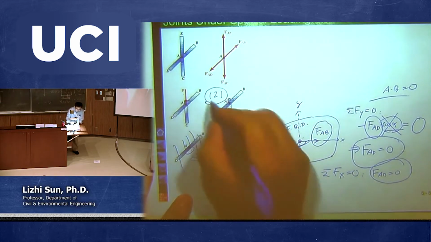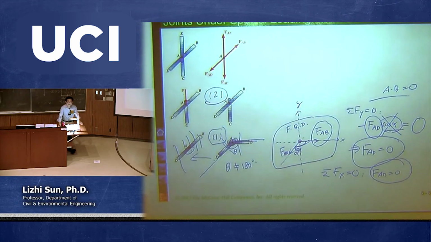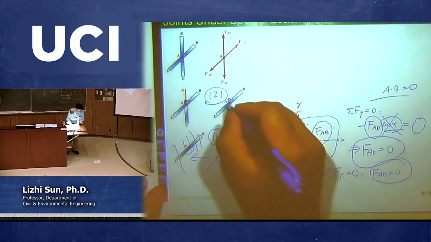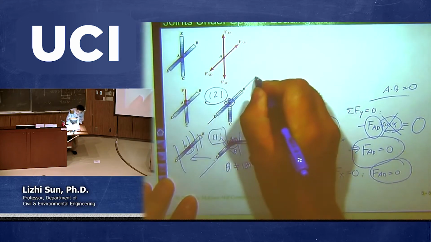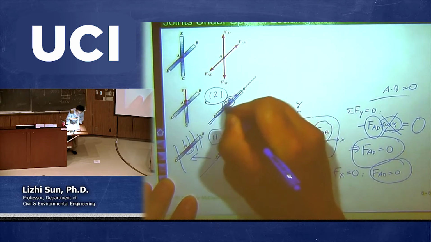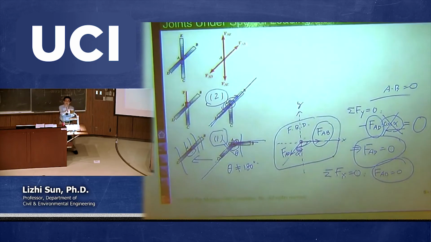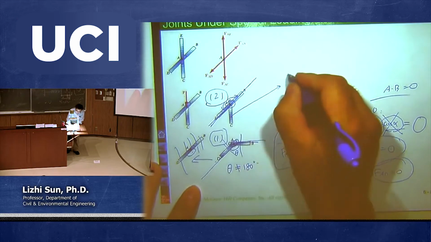Now let's move back to case 2. Case 2 is another scenario which has 3 members connected to a joint, a general joint A. And there's an additional condition, which is that 2 among those 3 are in one direction. In other words, these 2 members must have the angle between them equal to 180 degrees. That's the requirement. If that's the case, then the third member,